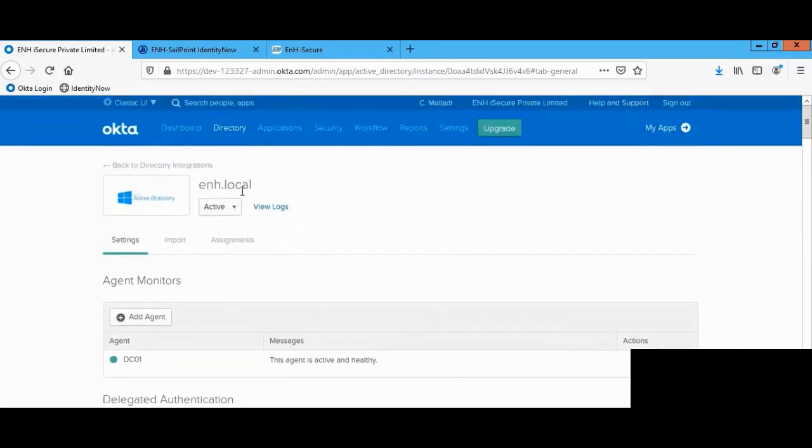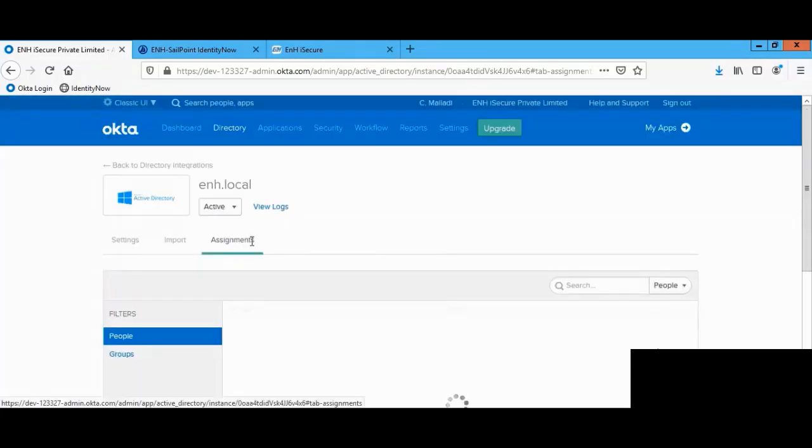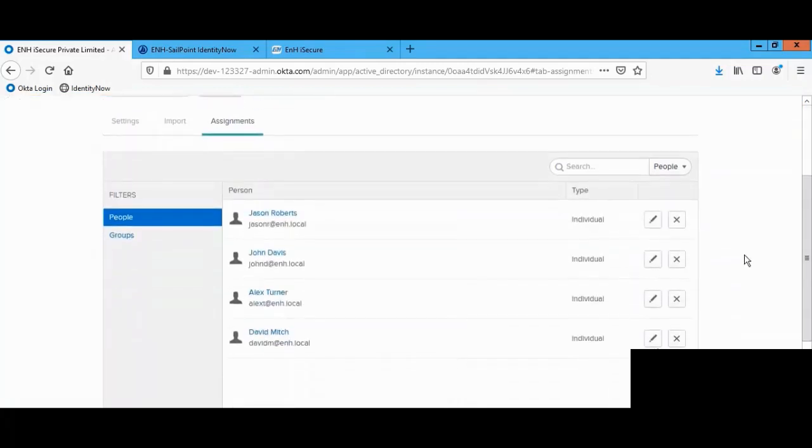For a manual import, we can go over to the import tab and run a manual import as and when required. Under the assignments tab, we can see the users that are currently coming in from the Active Directory system. As of now, we can see that there are 4 users that are present in the Okta system as part